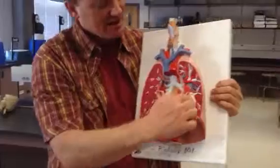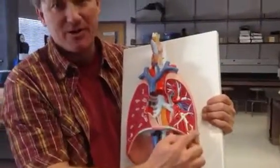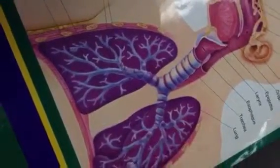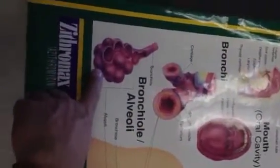Okay. These then move into smaller and smaller channels that eventually end at the alveoli, which are represented by this red tissue here. But let's take a closer look on the image. So in this image here, we see the trachea. These are the bronchi, bronchioles. The purple tissue here is the alveolar tissue, and you can see in this image the alveoli looks like a